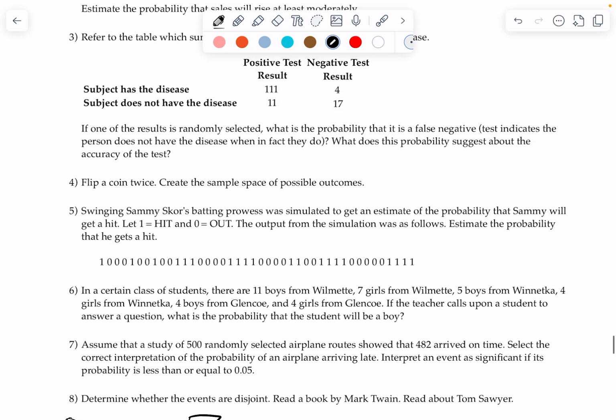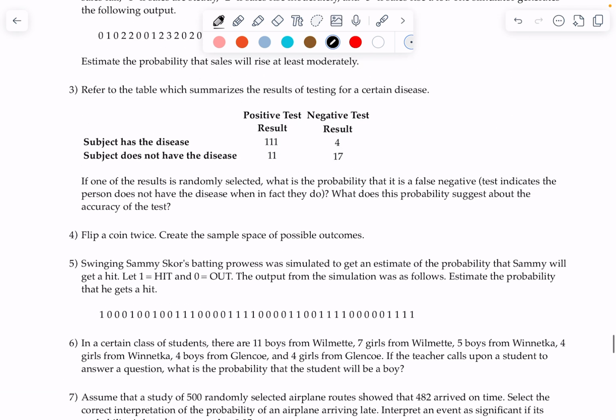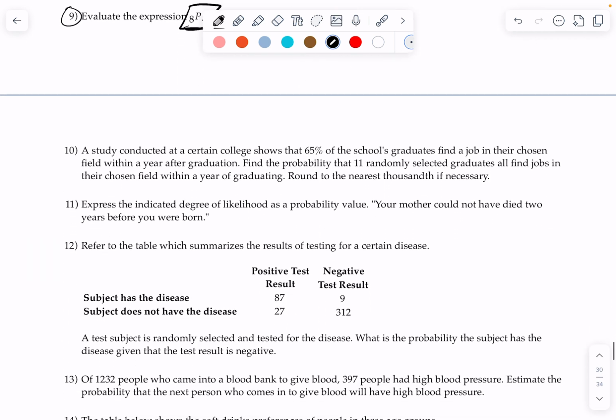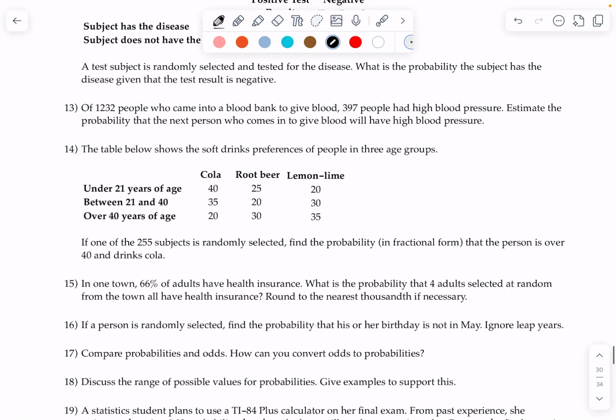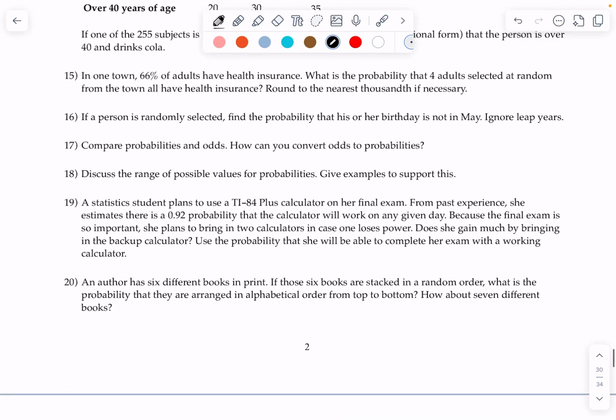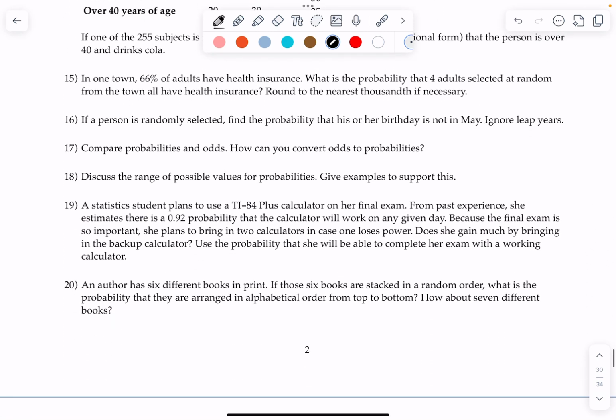All right, go through, this is a contingency table, so this is like your grid, do some totals over here, that type of thing. You'll need to do that. Go through and see if you can get, you should be able to get done with most of these, honestly. Yeah. Maybe these ones might be a little bit more confusing. Discuss the range. Well, no, that's not too bad. Try to do as many of those as you can, and then we'll go through any questions that you have on